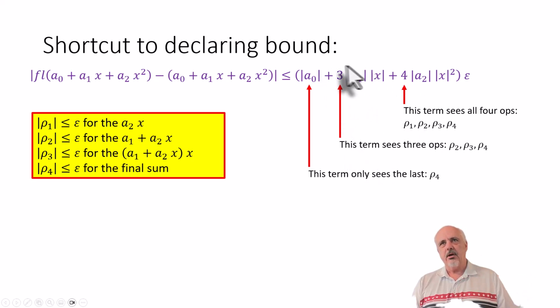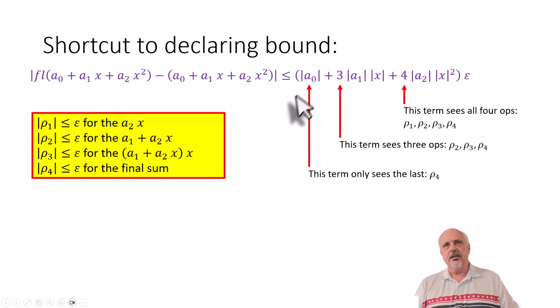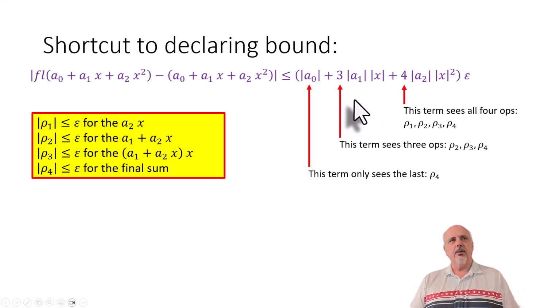This term here sees 3 operations. It doesn't see that first multiply of A2 times X. So it sees row 2, row 3, row 4. And then this A naught term only sees that very last operation, so this scalar is 1. It only has a 1 there. Okay, so that's kind of the shortcut in order to figure out what your error bound is, remembering that the